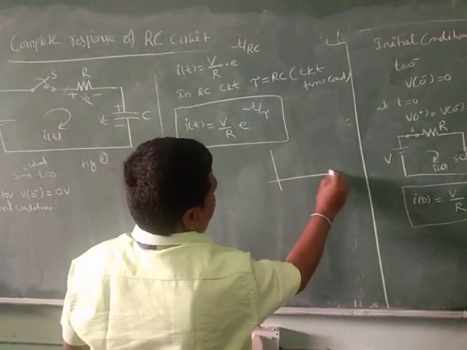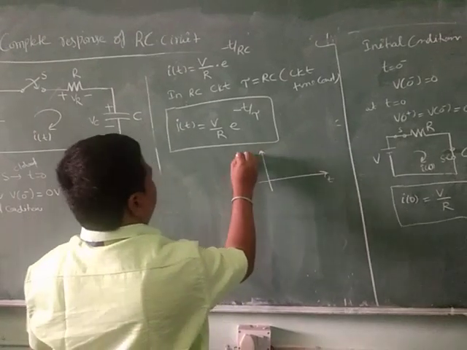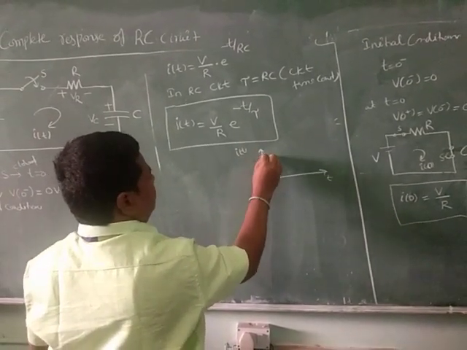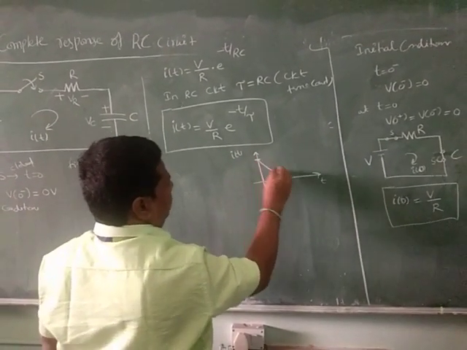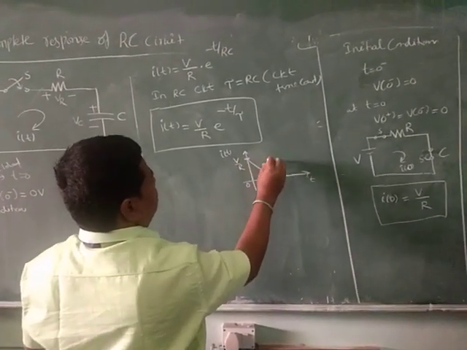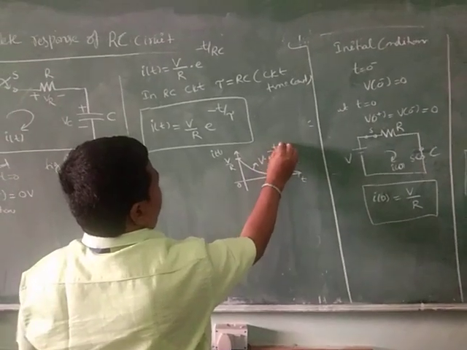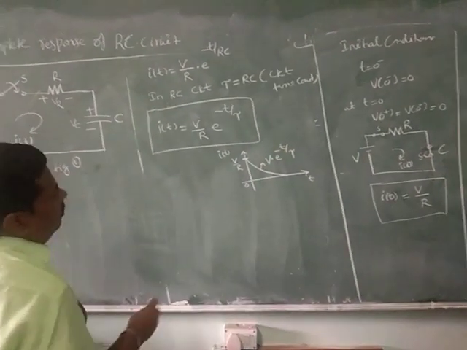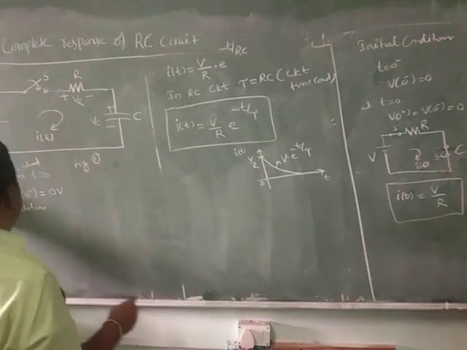Suppose you want to draw the current. This is I of t. This is V by R. This expression is V by R into e power minus t by tau. Now coming to the